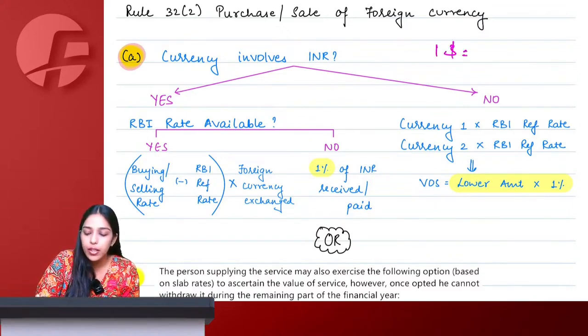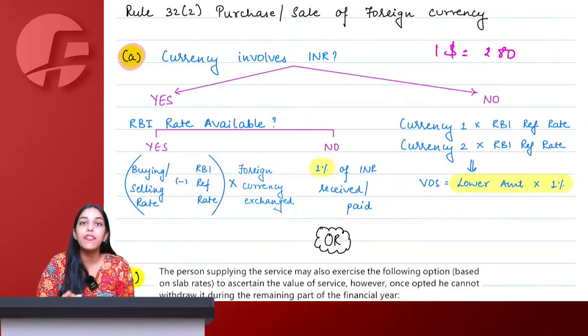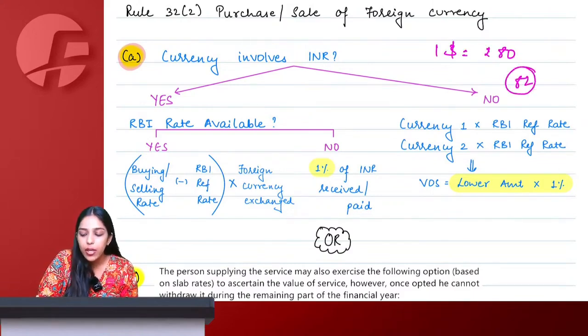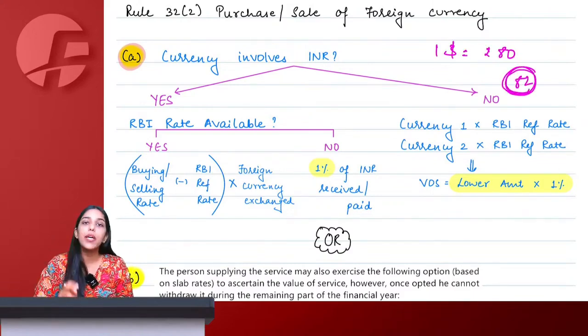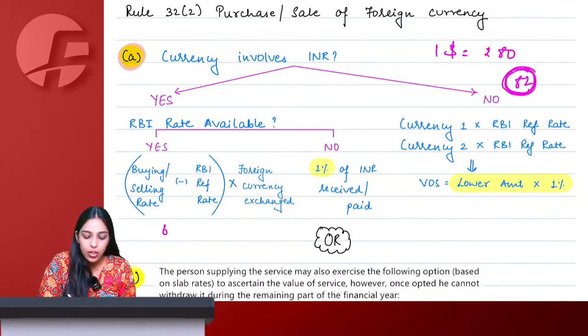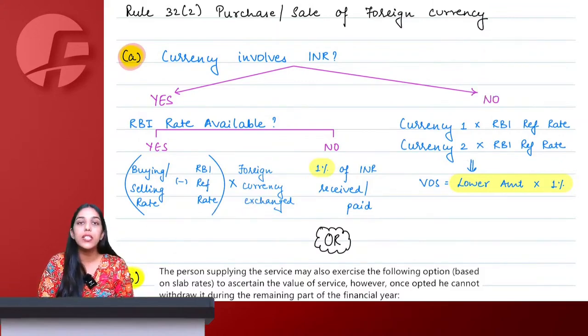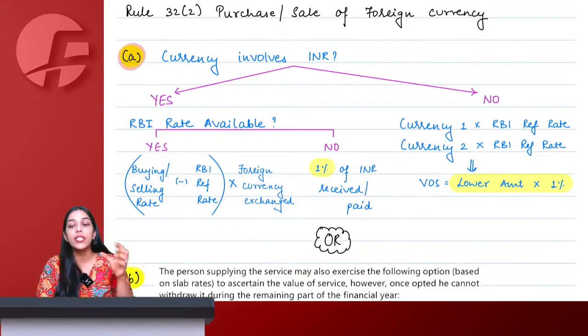As of now, $1 is equal to 80 rupees according to the RBI reference rate. The forex dealer is earning a 2 rupee profit per dollar, charging 82, and we exchange $100. So simply (82 minus 80) into 100, whatever is your actual buying or selling rate minus the reference rate, into foreign currency. Whatever the forex dealer is actually earning becomes the value of supply and